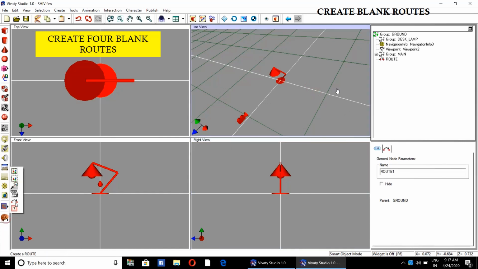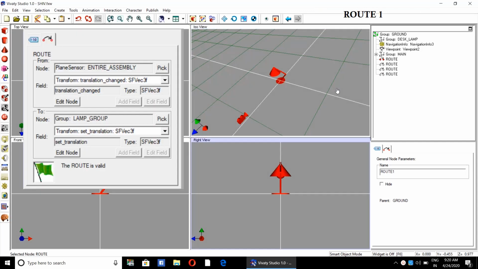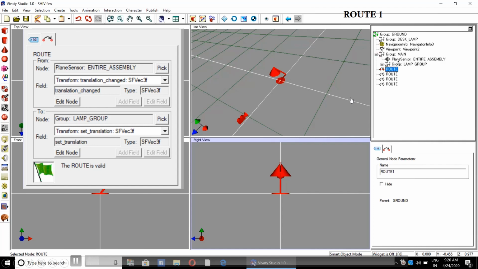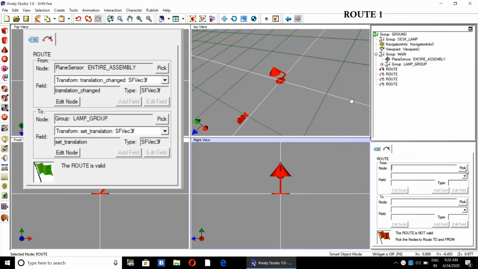Then there will be creation of the routes. Create the routes. 4 routes are required. This will be route 1. It is from plane sensor to the lamp group. So pick plane sensor first, then lamp group next.